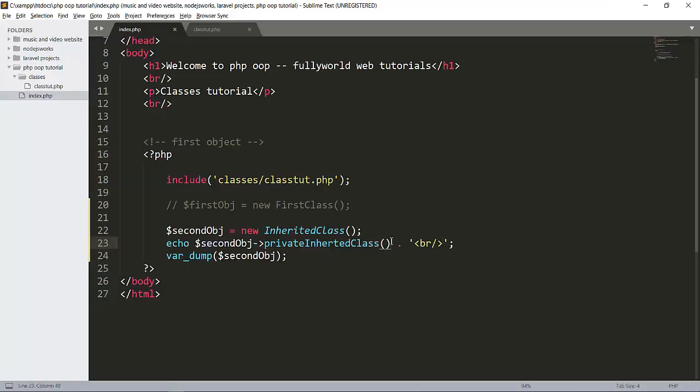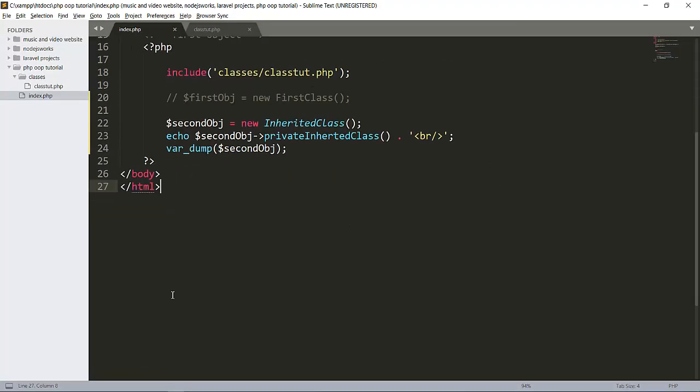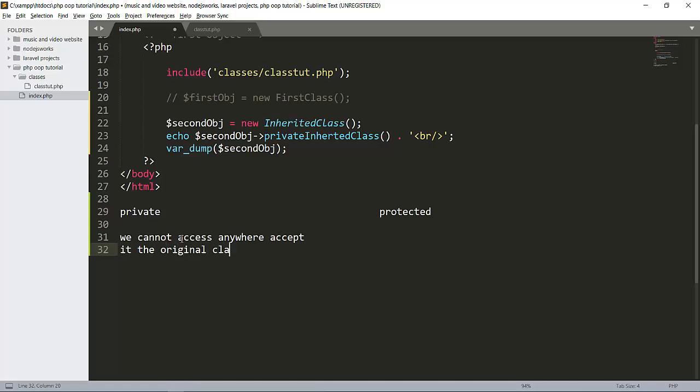So the difference between private and protected is, so here is private and protected. In private we cannot access it anywhere except in the original class.